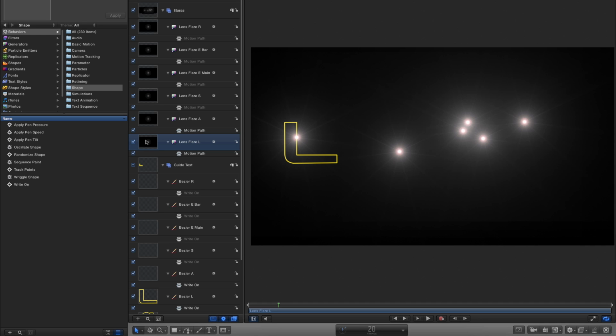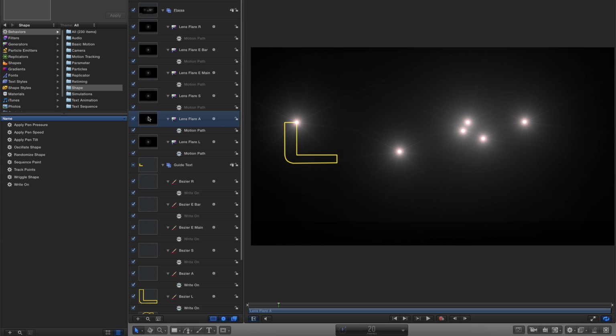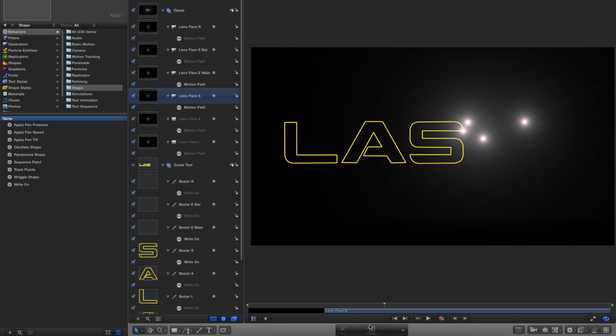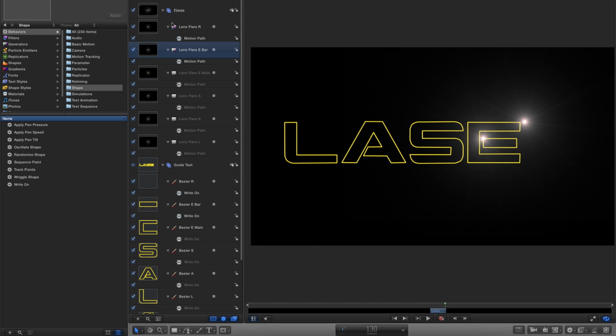I'm going to hit O with the lens flare left L selected, and then I'm going to select the lens flare for the letter A and hit I. Then let's step forward to frame 50 and hit O for the lens flare A, move up to the lens flare S, hit I, step forward to frame 90, hit O, select the lens flare E main, hit I, step forward to 120, hit O, select the E bar, hit I, step forward to 130, hit O,